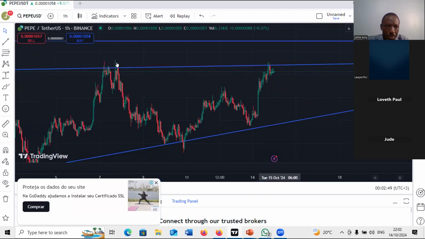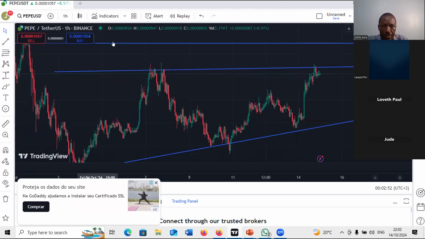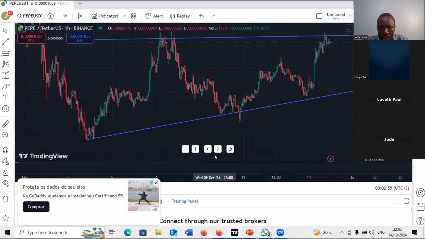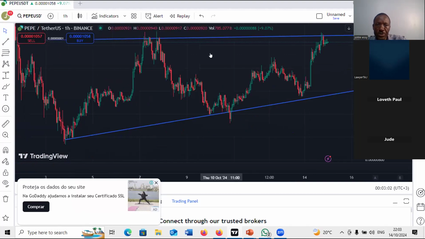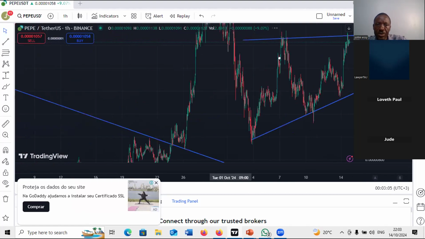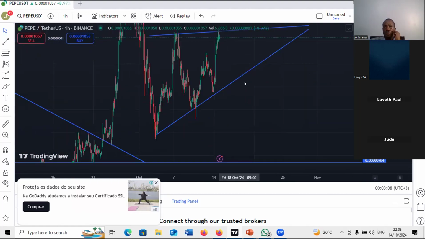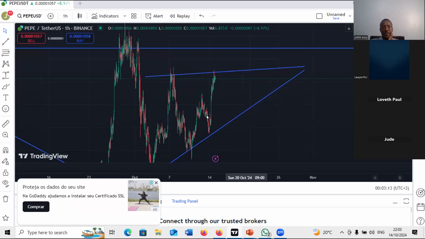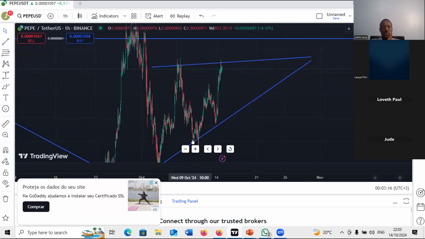This one is touching at the top. That one is okay. This one needs to be pushed down, but then it will form that triangle. Now, this comes to what we are talking about. But in this particular triangle, we have other different patterns like what Dr. was saying. You can get the double bottom here, what we are referring to as W. We can have a major one from this end coming here, and then it forms the W before it moves up. Okay, so again, here you will take,